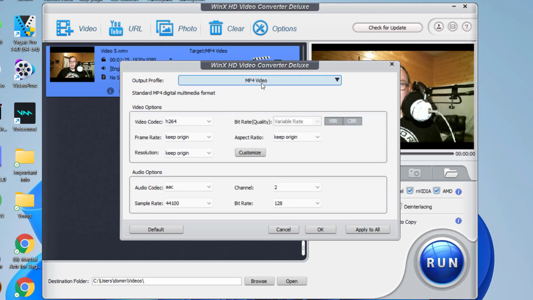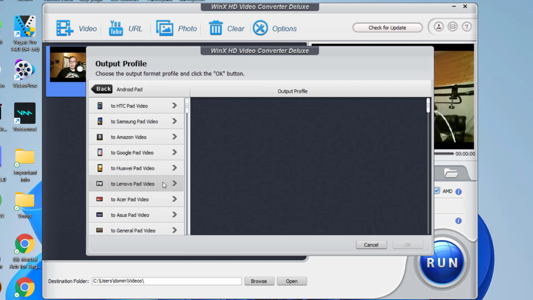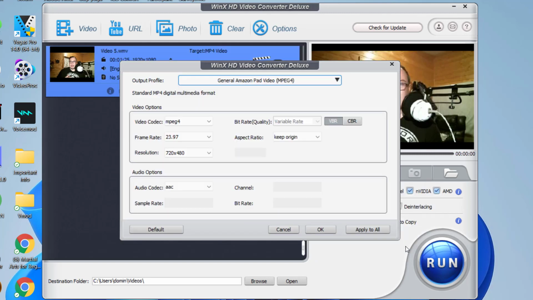And then it shows, when you click there, an output profile option where you can convert it for certain devices like Sony, Amazon, HTC pads, Samsung tablets, whatever you want, so that if you want to convert one of your favorite videos to your favorite device, then you can do that. So it gives you like the audio options, the video quality options. If you want to set an aspect ratio, frame rate, resolution, you can do that. And then if you're not sure what to do, you just set it to the default, and then you just